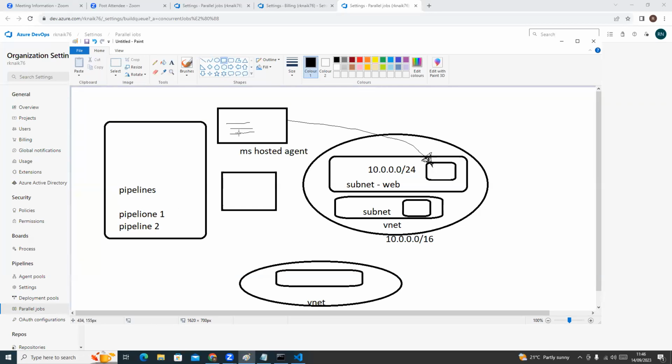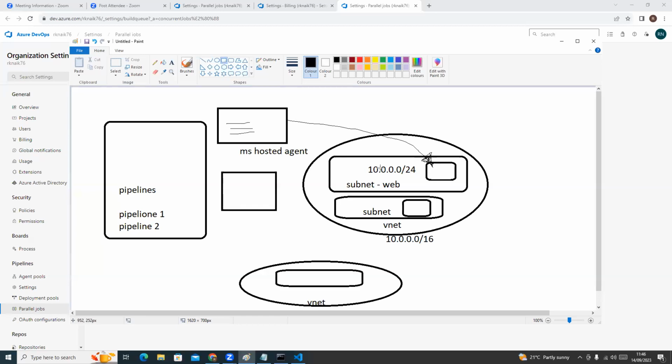Then we don't know what we get. Either it is a container or that, because whatever you are demanding, you are saying just I need an agent with Ubuntu operating system. That's it. So it could be a container also. I don't care because it's running fine. That's all that matters. So it executed fine, and in the end it has to push something to some other server. But now it is a problem